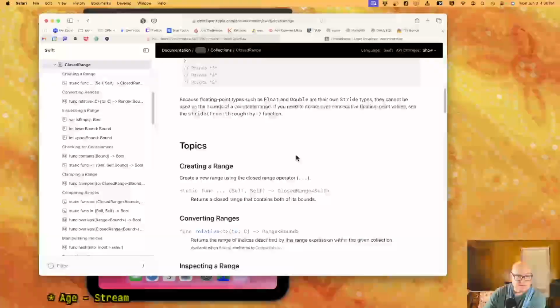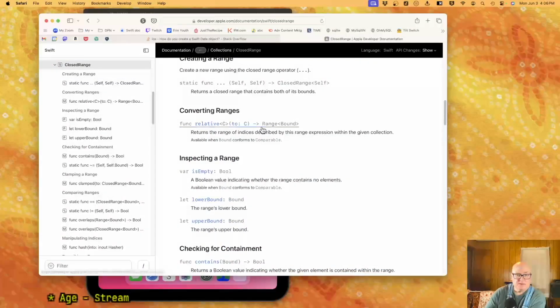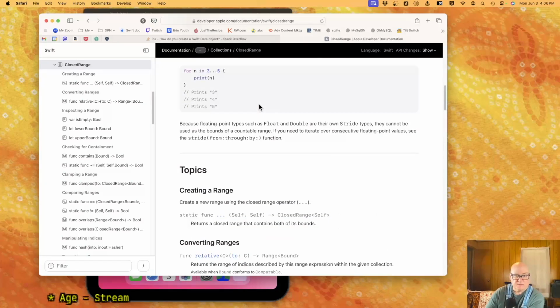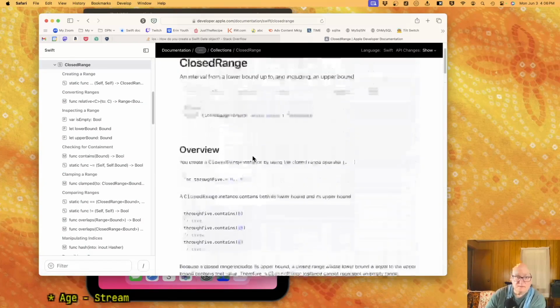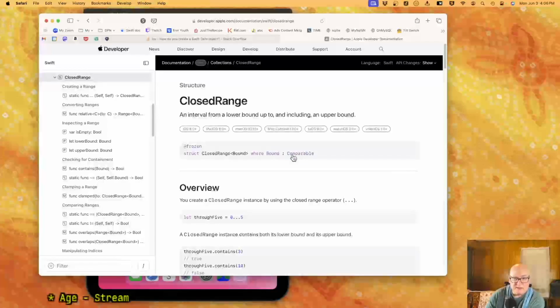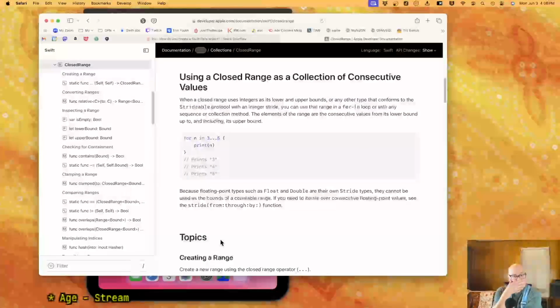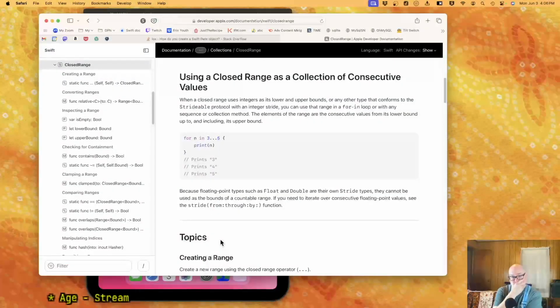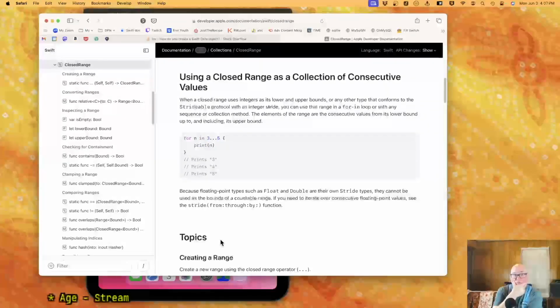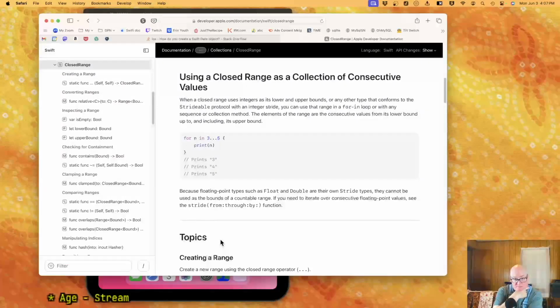Bounds relative to range. Comparable. Well, I'm interpreting this to say if I give it a comparable thing, it could produce a range for me. If you conform to stridable, which we could do reasonably.